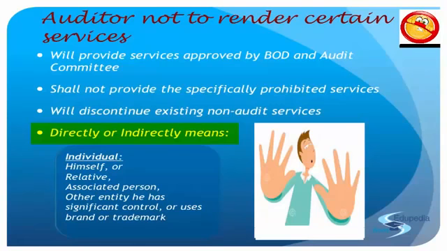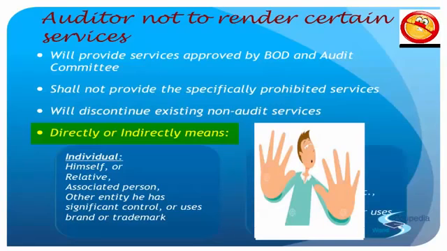So the statement that I said initially is exactly the words of the law, the Bare Act, that in case of auditor being an individual, either himself or through his relative or any other person connected or associated with such individual, or through any other entity whatsoever in which such individual has significant influence or control, or whose name or trademark or brand is used by such individual. Got it? When we talk about such individual, that individual is the auditor himself.